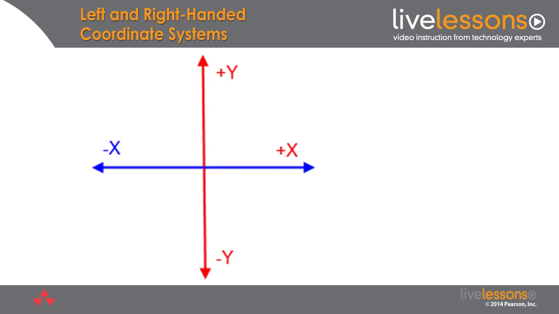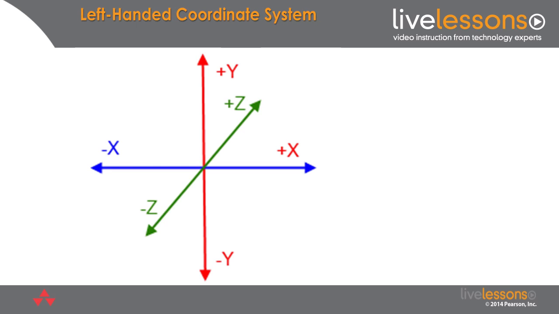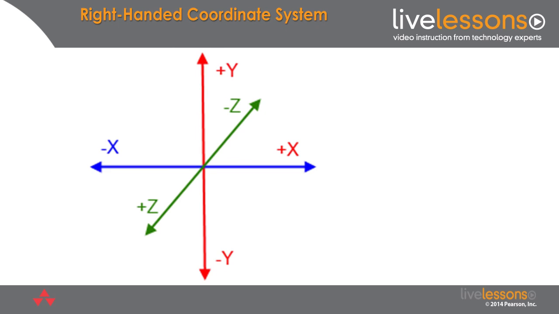This image shows a 2D Cartesian coordinate system, where the x-axis runs horizontally and the y-axis vertically, with positive numbers to the right and up respectively. In 3D space, the z-axis is orthogonal, perpendicular to the x and y axes, with positive numbers running into or out of the screen depending on the handedness of the coordinate system. In a left-handed coordinate system, positive z values move into the screen and